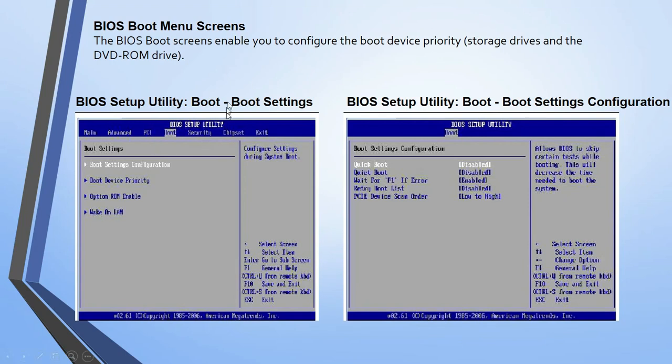Now for your boot sequence, you will get this type of screen. Inside your BIOS you will get the boot setup screen also. Boot setting configuration is there, and boot device priority is there.